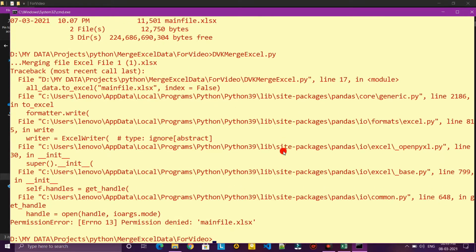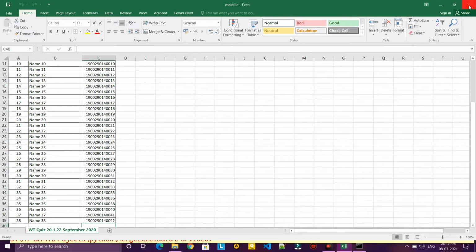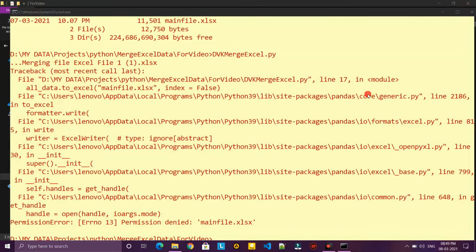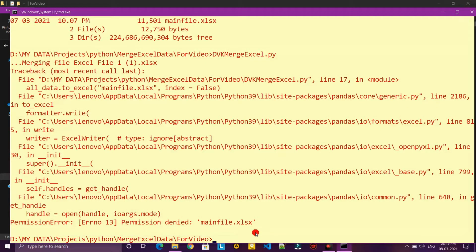Permission denied, because I have already opened this file, that is the problem. So I have to close this file and run this program once again, because my main file was open. So that was the problem for merging. Now once again I have to run this command.